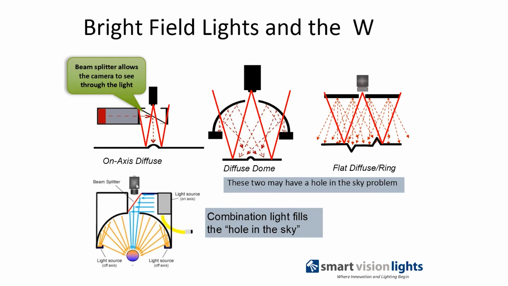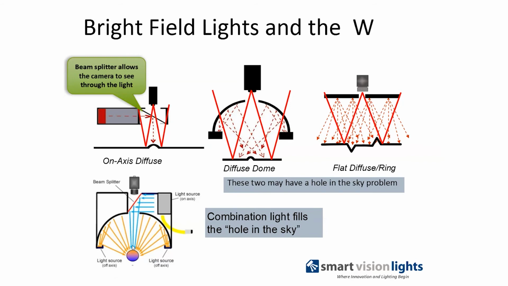This is where we use combination lights, or what we've called an on-axis diffuse light, which is a combination of the dome to get even scattering through the bright field angles. But in the center, where there's no light coming through the lens area, we use a coaxial light from the side, which hits a beam splitter. The camera sees through the beam splitter and back down on the surface, but light coming from the side is reflected off the back side of the beam splitter down into the optical field of view,